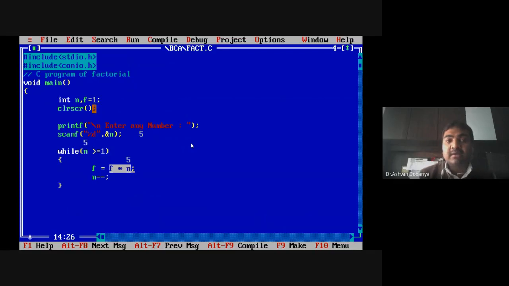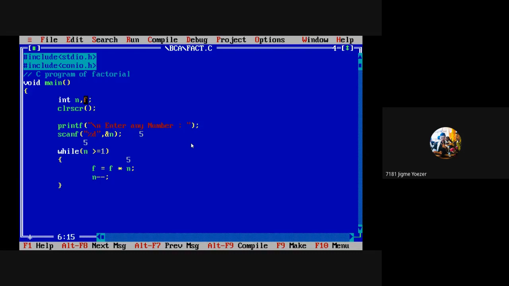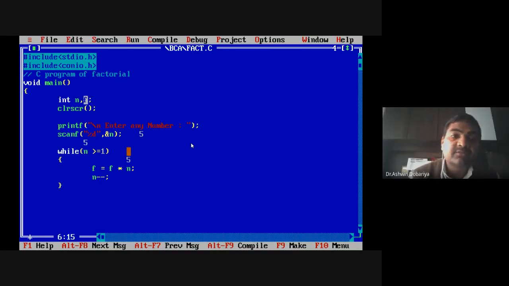And in multiplication, if first time you mention 1, then there is no change in the answer, right? And in a sum, there is no meaning of 0 changing the result. That's why to calculate the sum, we allocate 0, and for multiplication, we assign the value 1. But see, if you do not assign the 1 over here, what will happen? Can anybody tell me that? Yesterday I discussed this. So f will have a garbage value, and it will multiply 5 with the garbage. Then overall, our answer will be garbage, right?